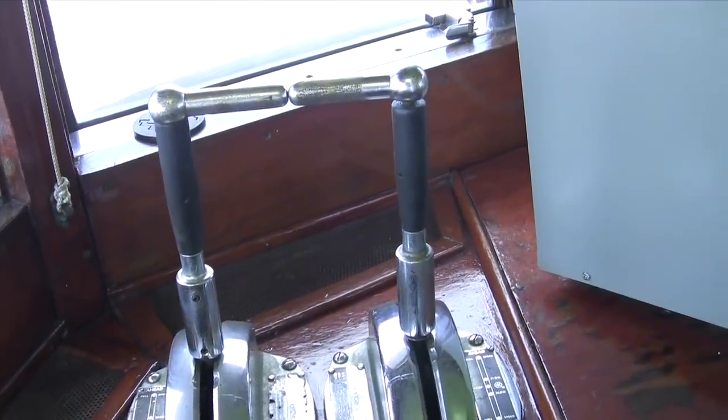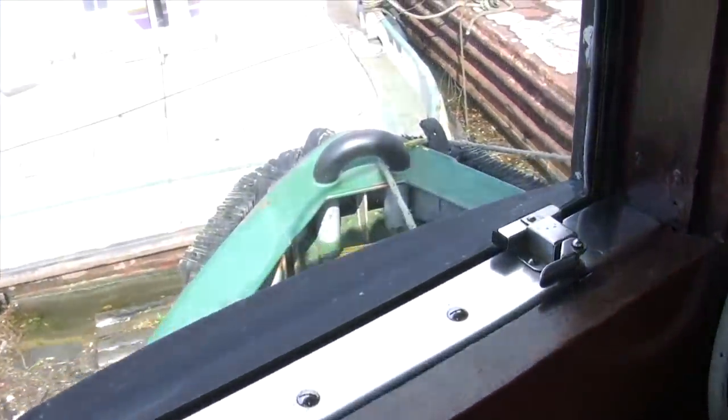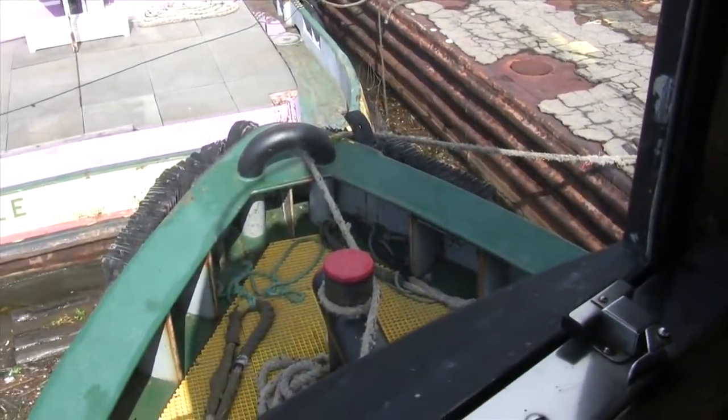throttles for the main engines. Here's the captain's view of the foredeck again. He has to keep an eye on the deckhands as well as